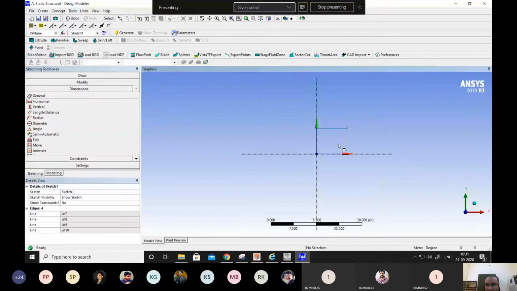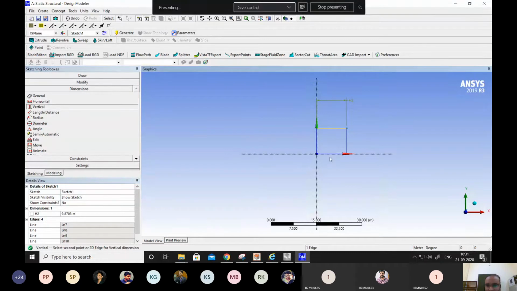So horizontal dimensions can be simply selected by selecting the two extents, right? What have I selected? Horizontal. So just the horizontal one can be selected by selecting these two things. This is represented here by H2, and vertical is again similar to that.